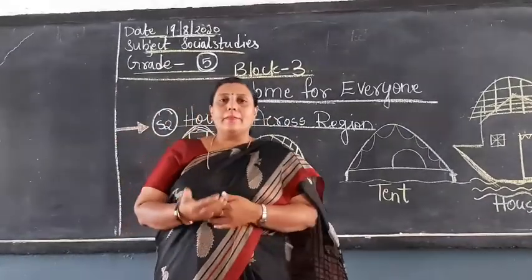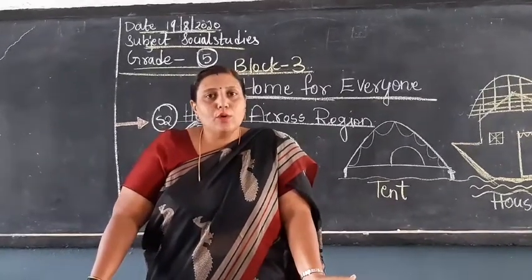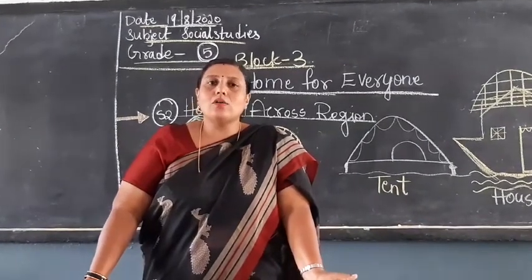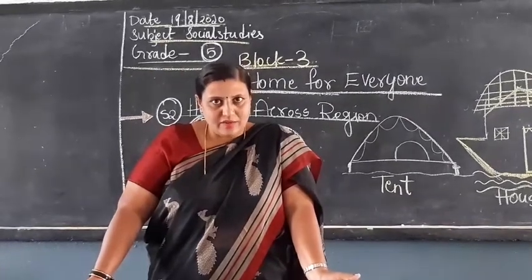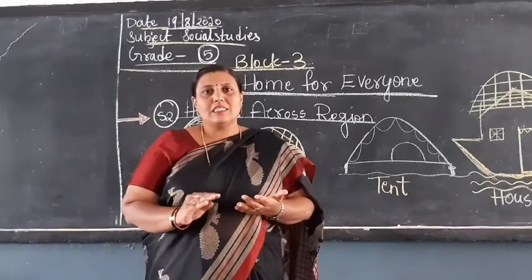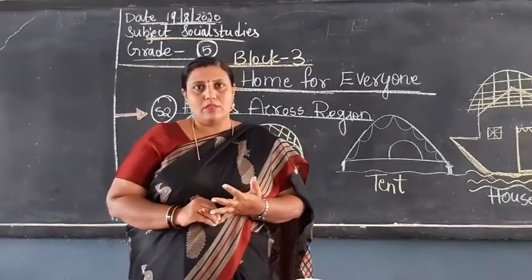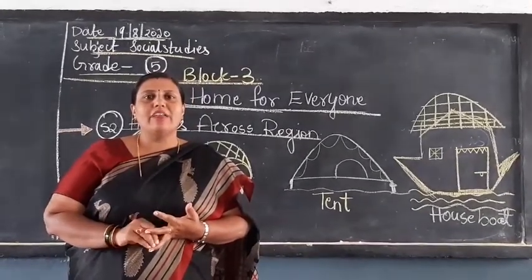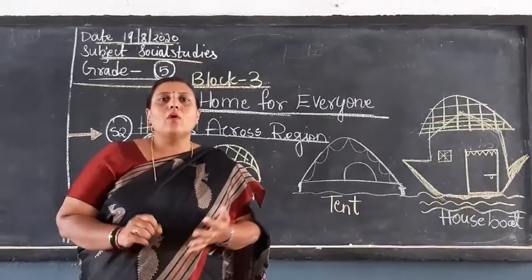Now let me repeat what we did in S1. Children, in S1 we saw what materials are used to make different types of houses, and how houses are made. And I told you it's different because in some places there is snowfall, so they use wooden houses because it will be warm inside. And I told you people live in igloos. Why? Because it protects us from cold weather.